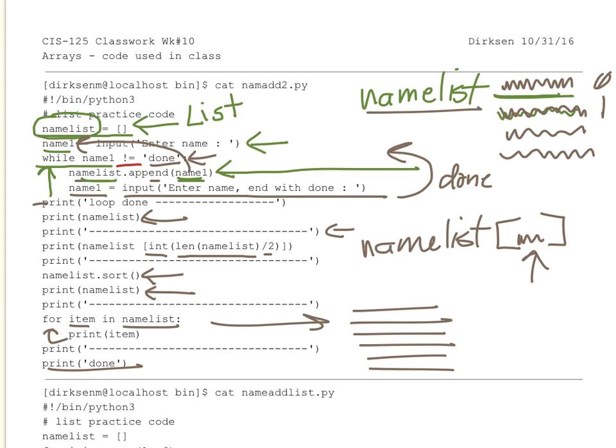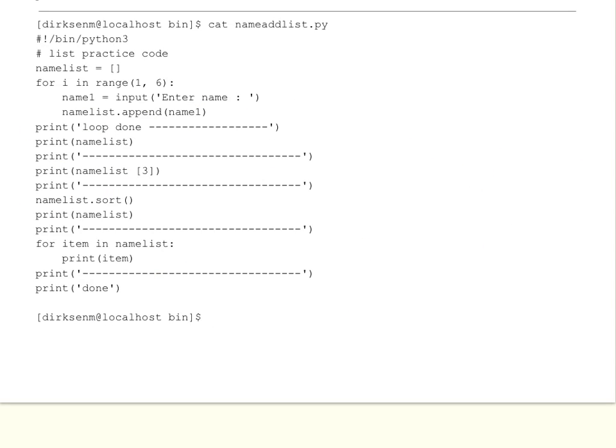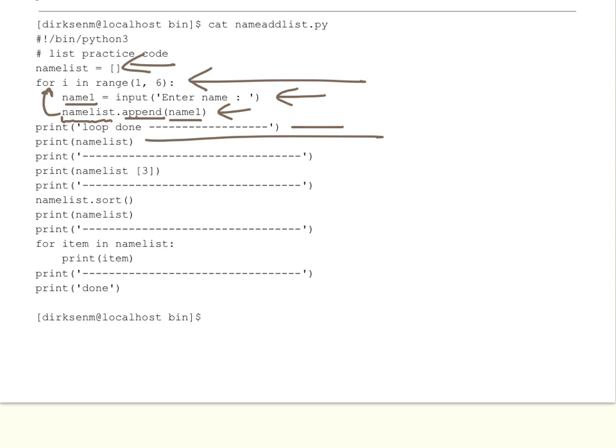Alright, let me go to the last. This was the original name list, so here we create the list, for the I in range 1 to 6, so that'll be 5 loops. We put in a name, put it in the list. Do you see that? This variable matches here, and then the append puts it in this name list here. This loop keeps going 5 times, and we just print out a marker there,